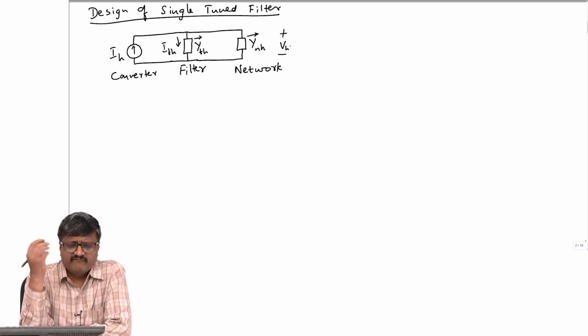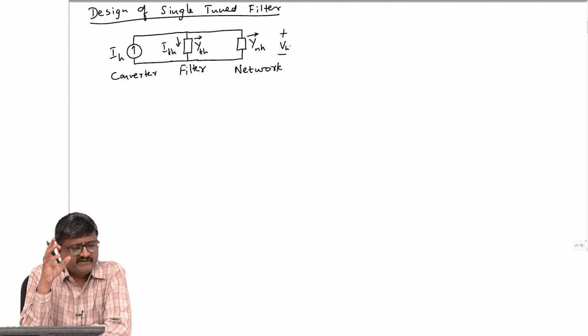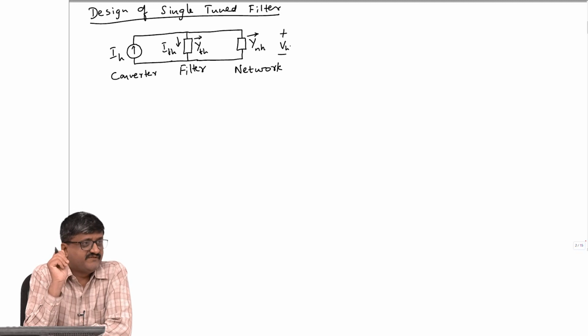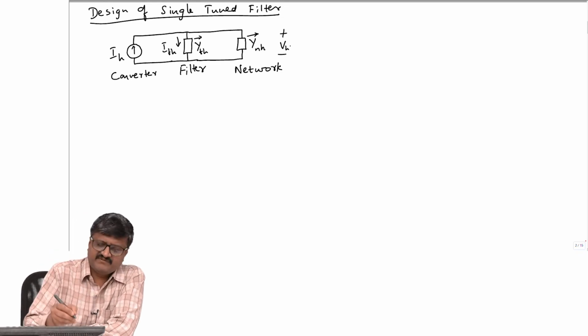Now, when we want to design something, of course, we try to take some parameters and try to minimize or maximize a few quantities. That is what design is all about. One of the quantities that we minimize is of course cost. When it comes to design, the two things that matter are performance and cost. We need good performance, and at the same time we want the least cost which will get that performance.